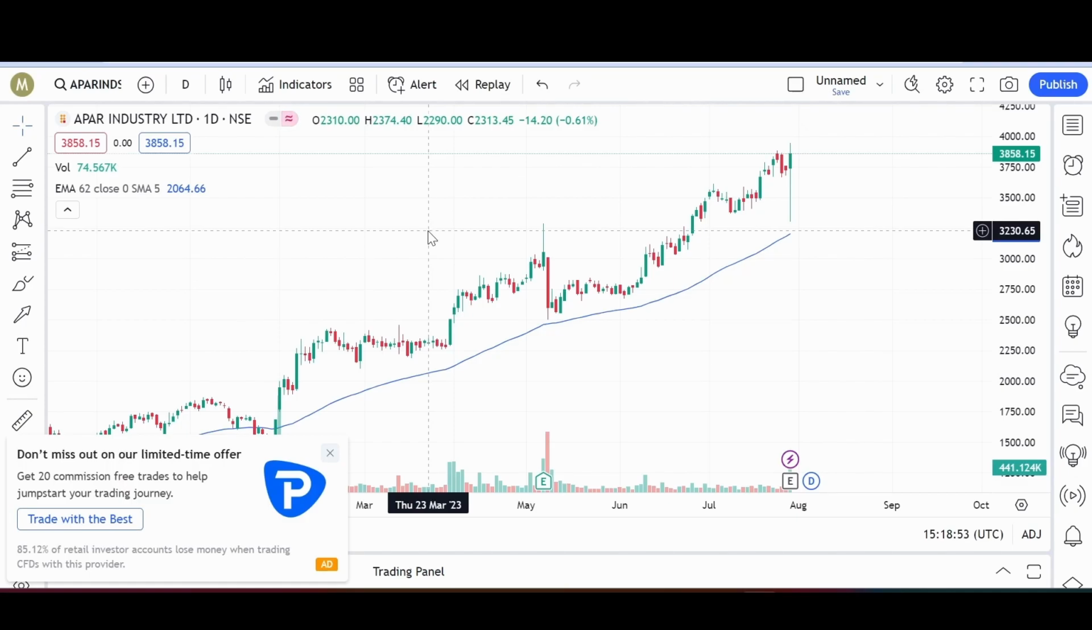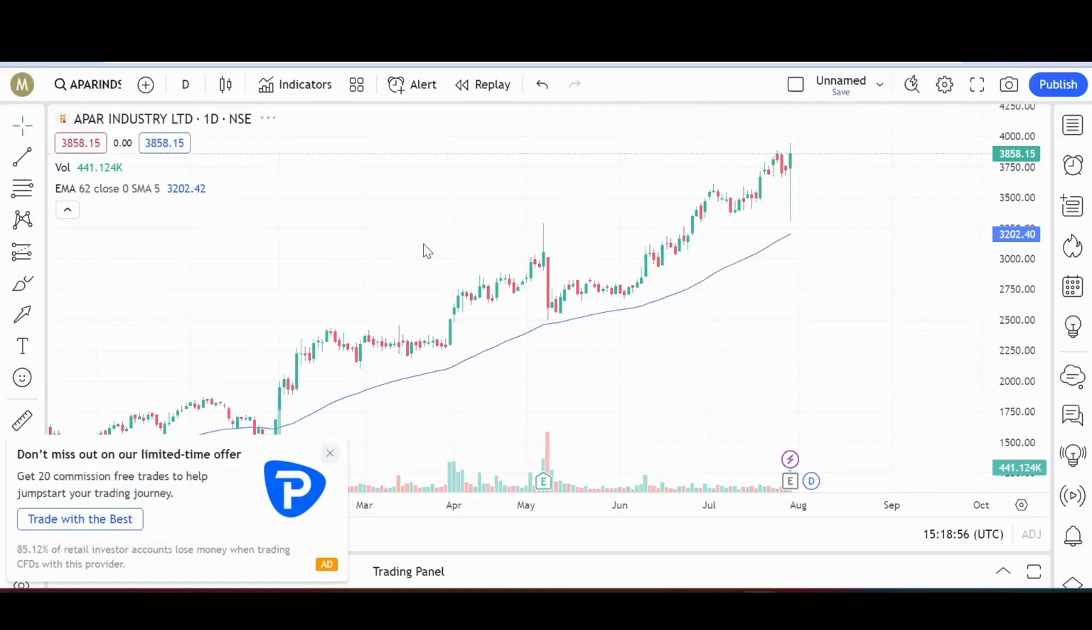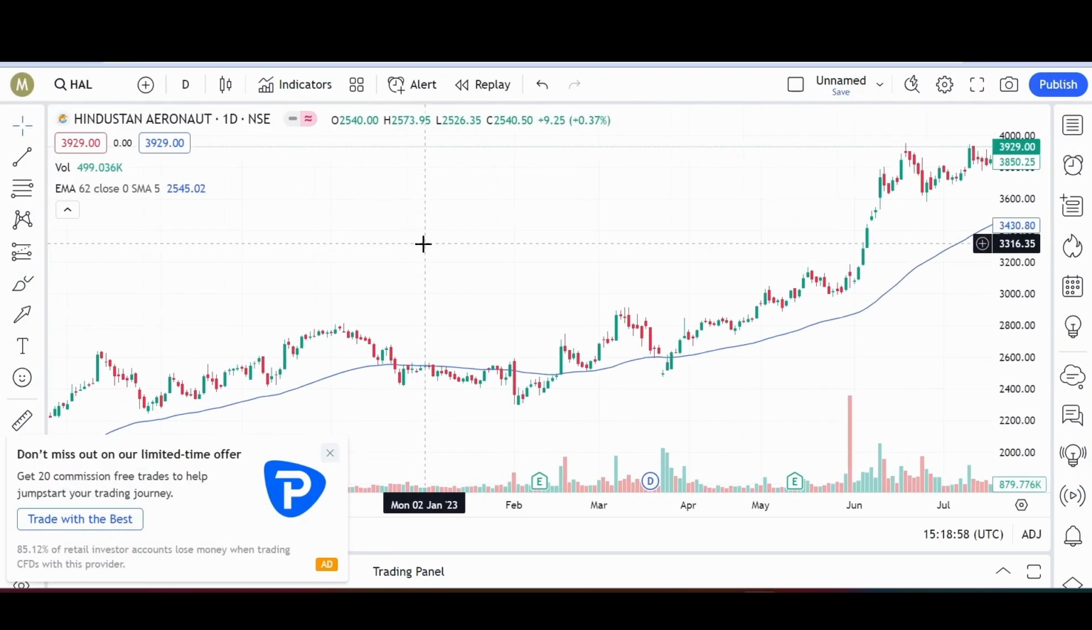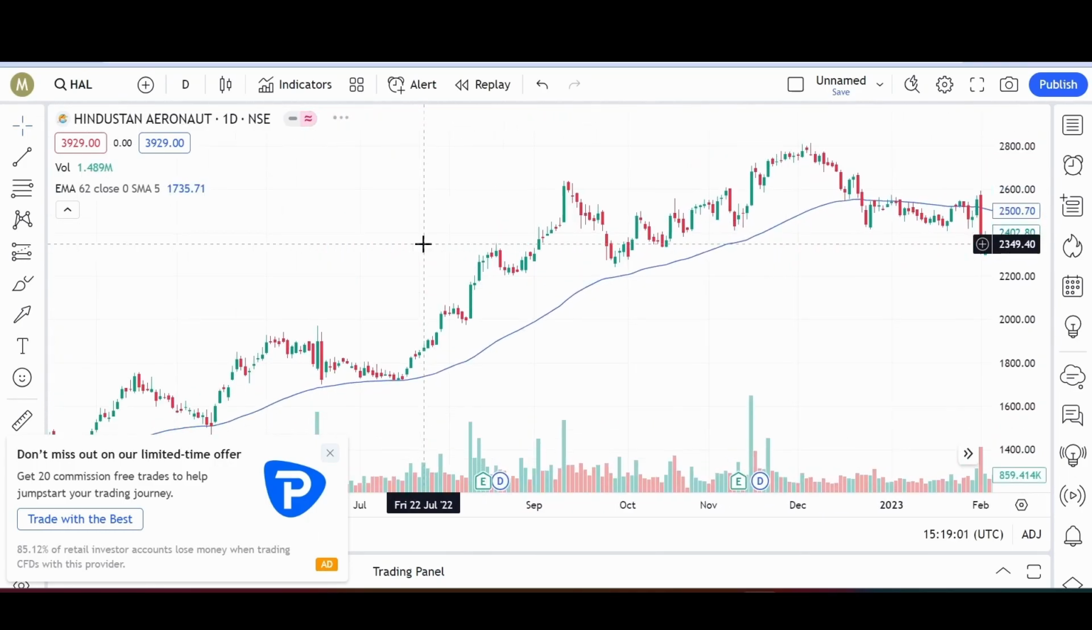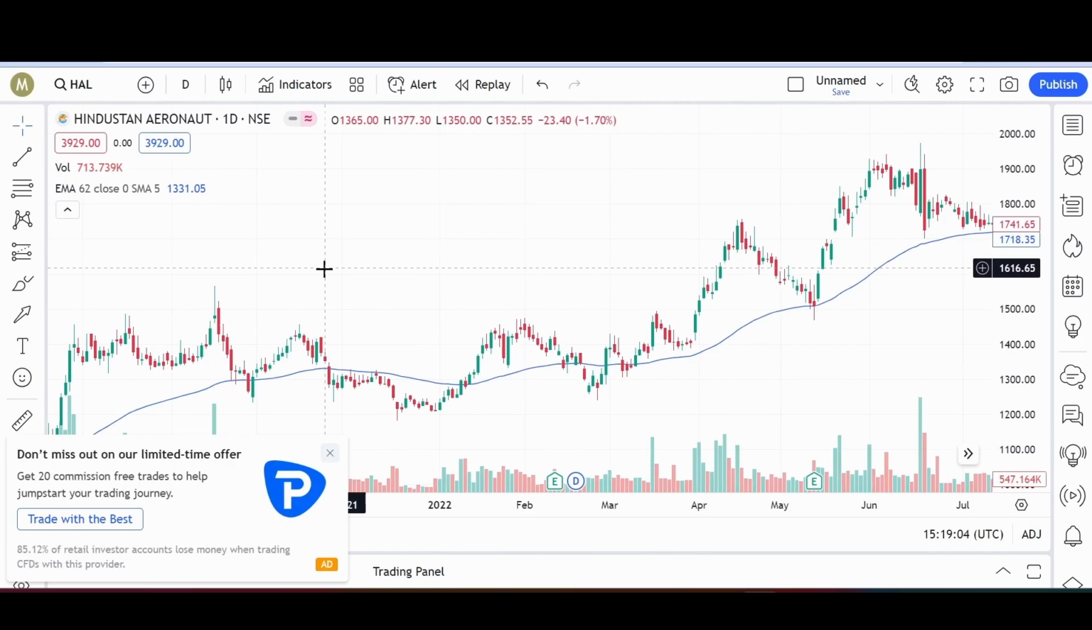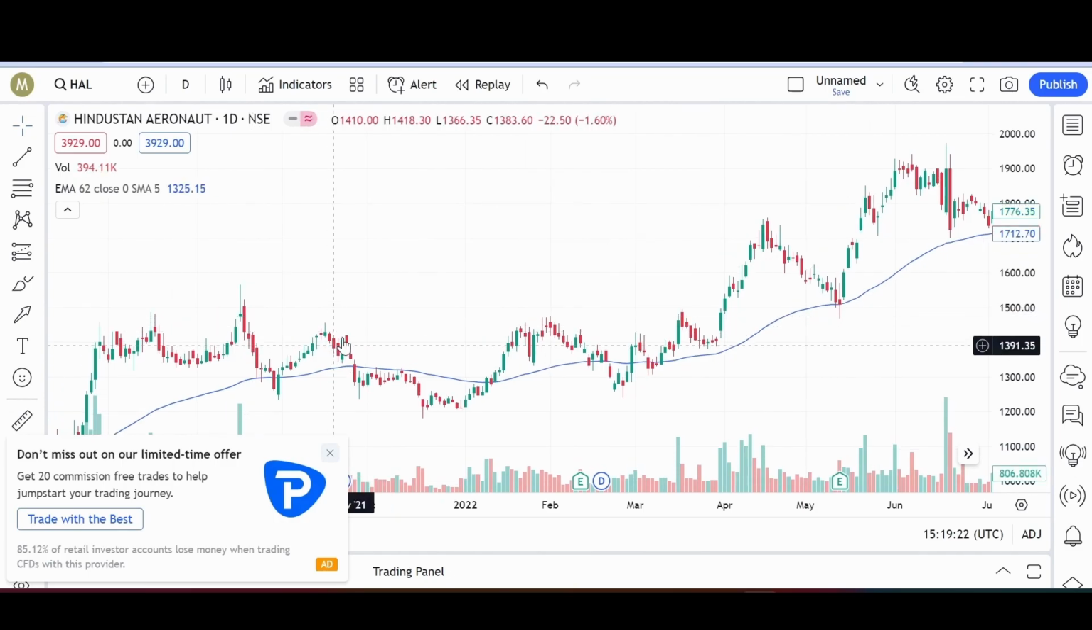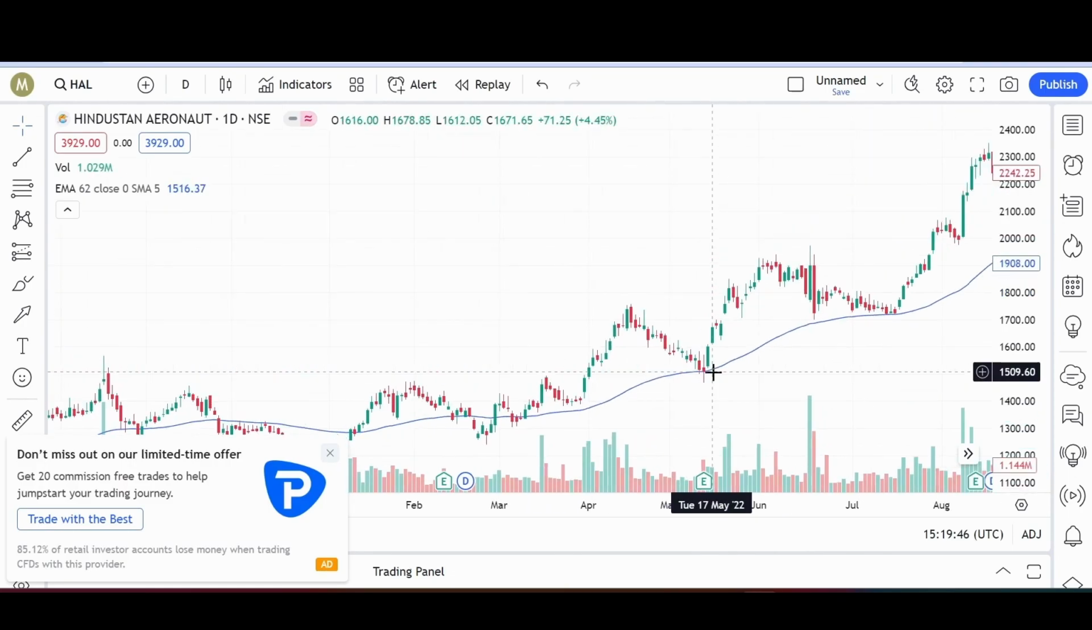If you see another stock, Hindustan Aeronautics Limited, I'm discussing this as a short-term opportunity. You can see here clearly, after a sideways move with no big candle, there is a big green candle here. This is the sign that a big institutional investor entered the stock. After this rally you can see the volume accumulation here, and after that, if you observe,